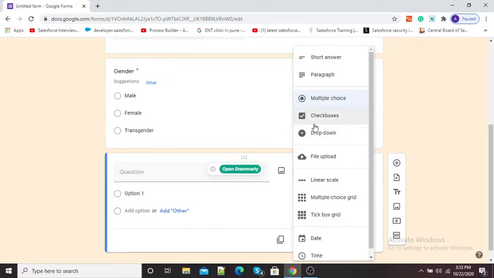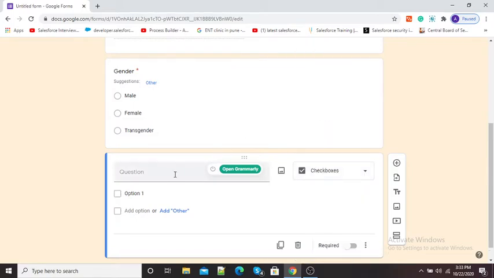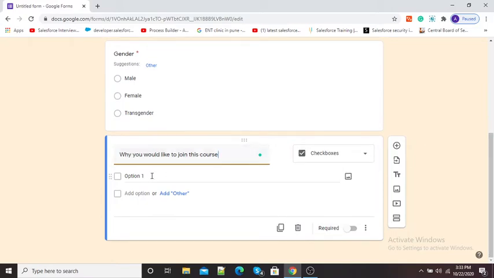So now I will select this check boxes option, and here I will make third question, why you would like to join this course. And now option is check boxes. It means in such cases students can give more than one options in the form of answer. So here we will give